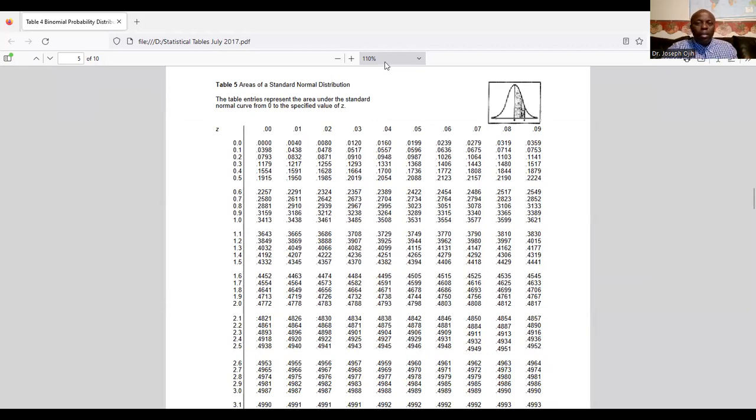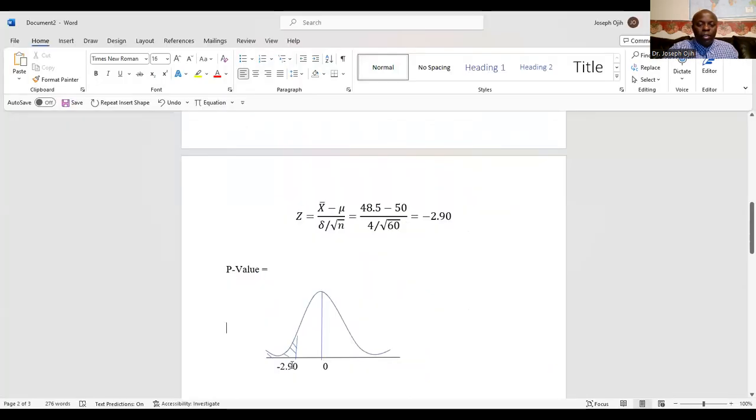Okay. Now, in this case, our Z is negative 2.90. And like I said, I told you in the class that if it's on the tail, you subtract any answer you get from the table from 0.5. Why? Because half of this is 0.5 and this half is 0.5. So if you're looking only for this portion, you're going to subtract it from 0.5. So you have 0.5